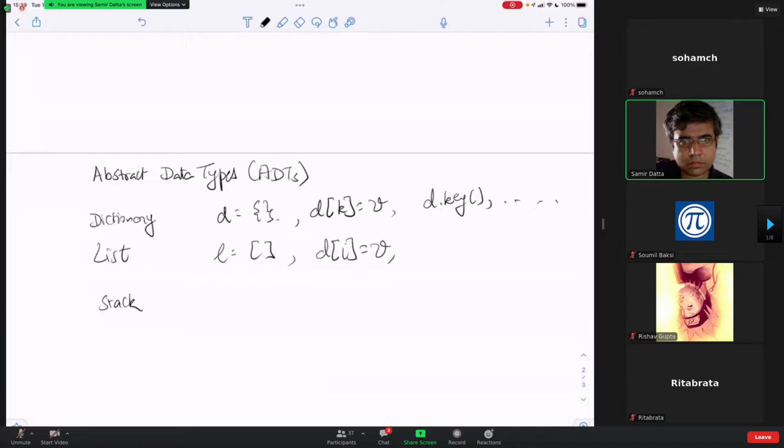Have you seen it in Haskell? Yes, sir. Okay. So what are the functions associated with the stack? You have push, you have pop, and at the very least, you have is empty, is the stack empty, and maybe a function called